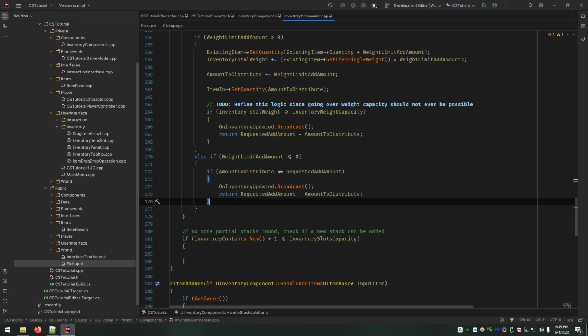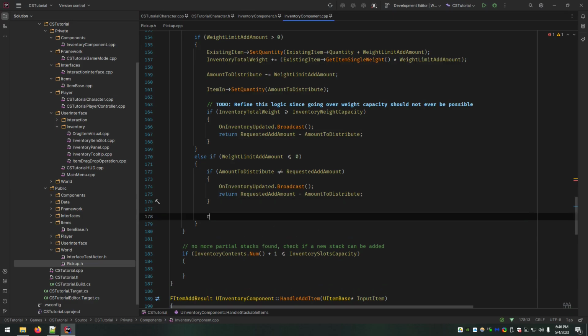And if amount to distribute is equal to requested add amount, you would return a 0 here. The reason is that these are equal, they've subtracted out, and there's nothing left.